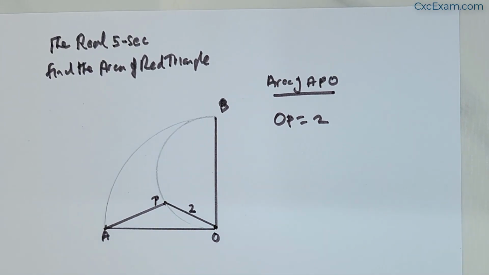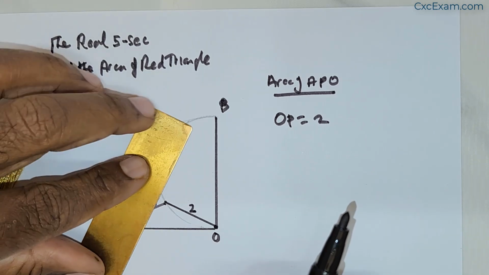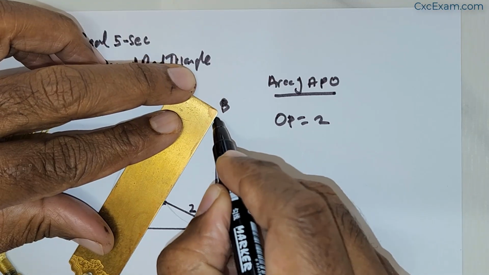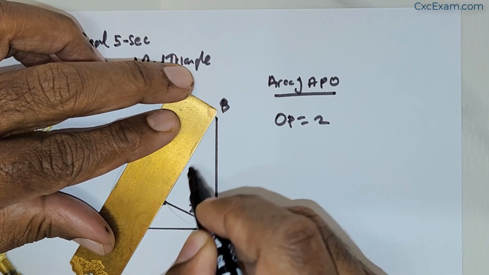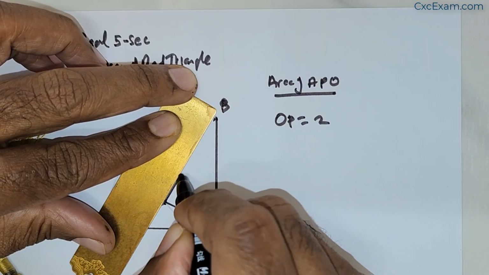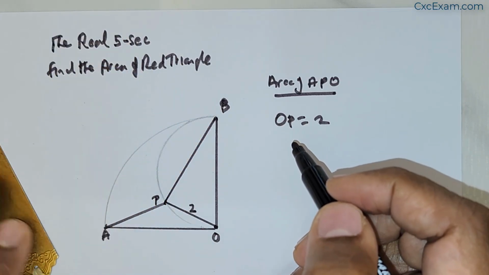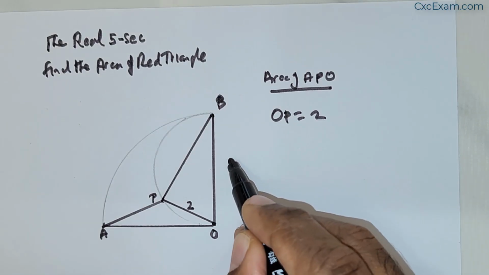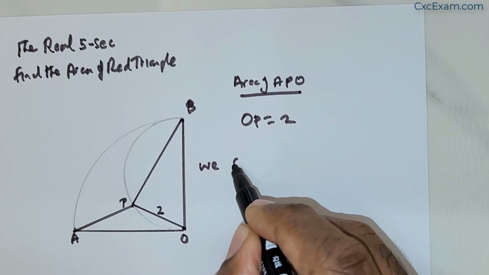Now what I'm going to do is, from the point P, I am going to draw a line, extending that line from the point of contact to B. Okay, fair enough. Now we make the following observation. We observe that